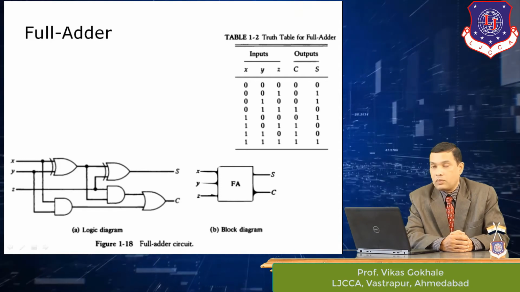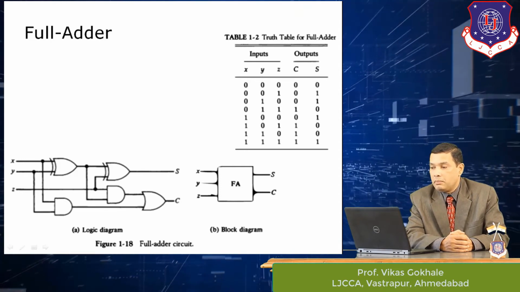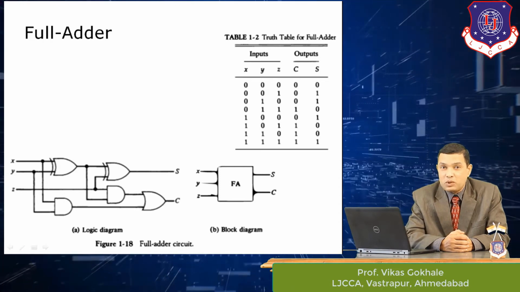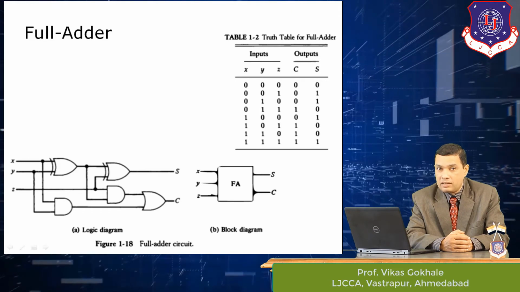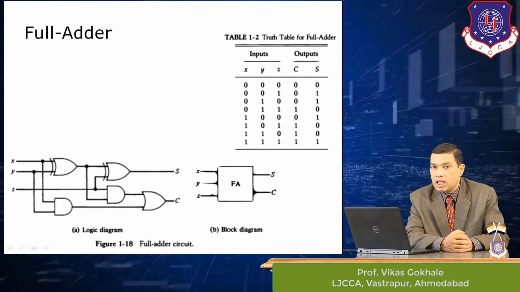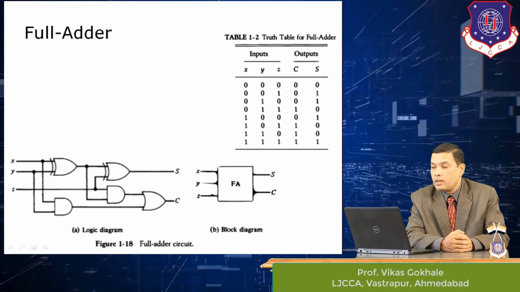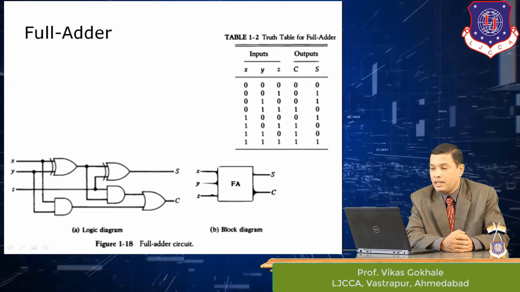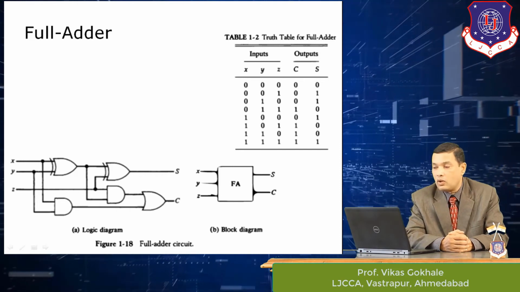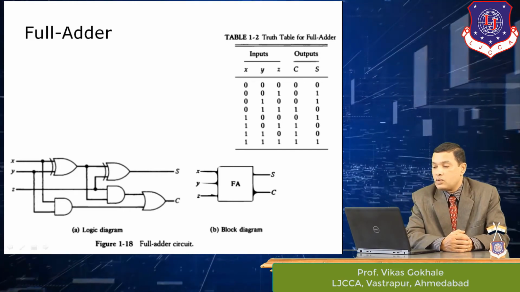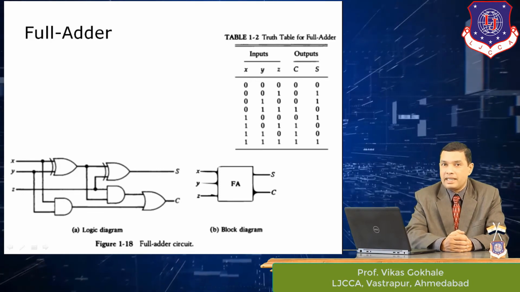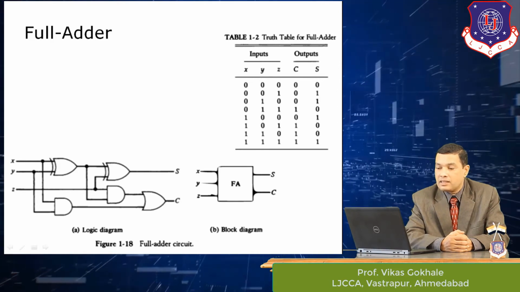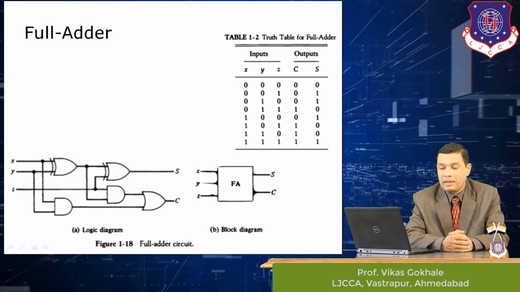And if you observe the sum bit now, the sum bit is 1 where you can see out of 3 inputs there is a mutual exclusiveness, meaning if one bit is 1, the other 2 bits are 0. That type of condition is satisfied here with the XOR gate, and for carry, the AND gate condition will be there of 2 bits. As you can see below, the block diagram indicates there are 3 inputs as well as 2 outputs, and FA is written where this entire logic is implemented with the help of gates.